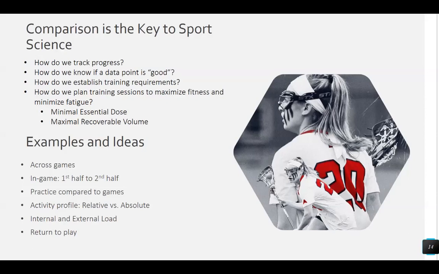do a whole bunch of volume, yeah, maybe the athlete is still standing on the other side of that, and maybe we're looking at our metrics and it fits exactly the progression that we want, but ultimately the athlete isn't ready to go for the next high intensity training practice, or worse, if they're not ready to go for a game or scrimmage scenario. So some of the examples that we implement here at Liberty are going to be from